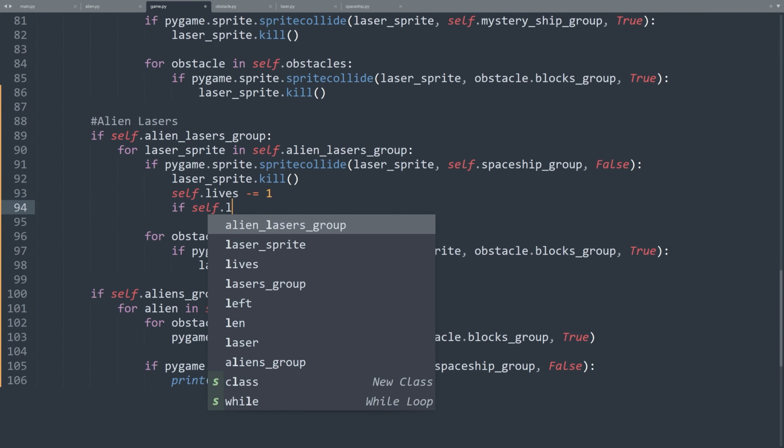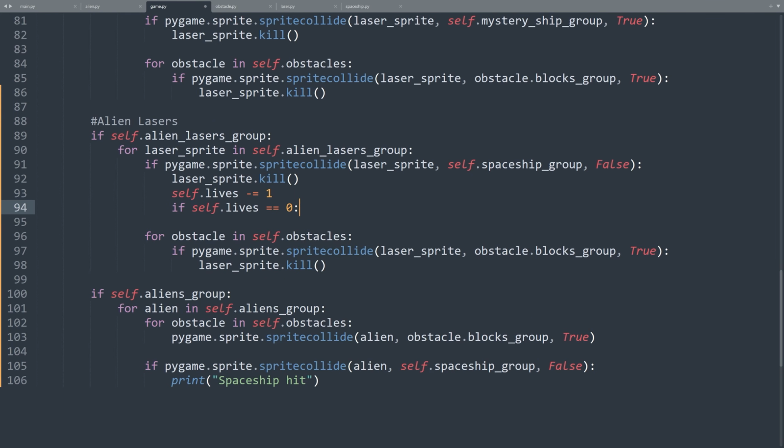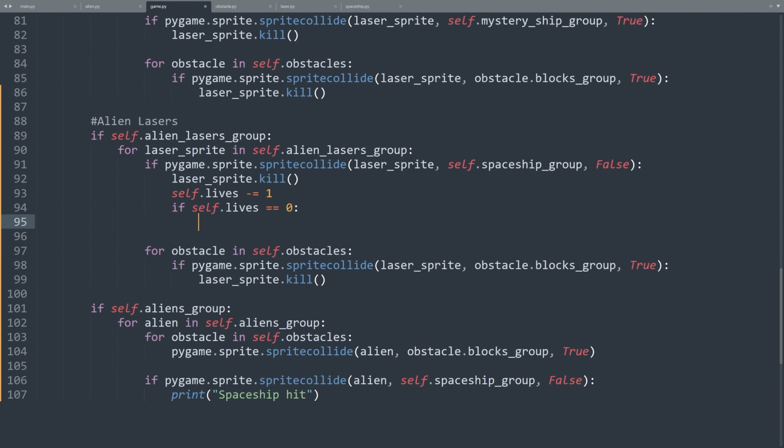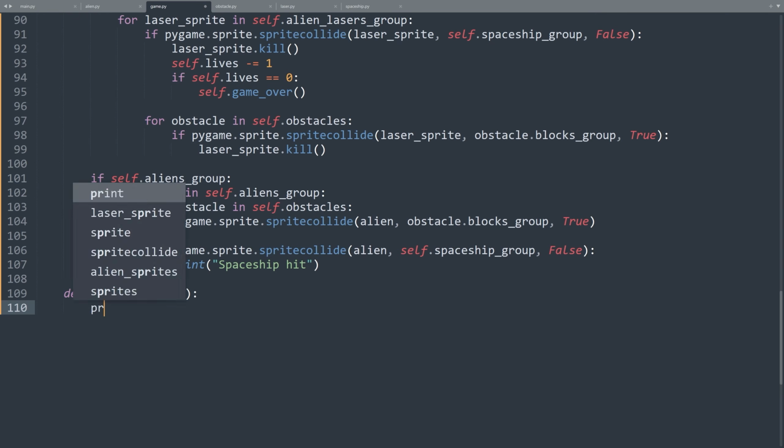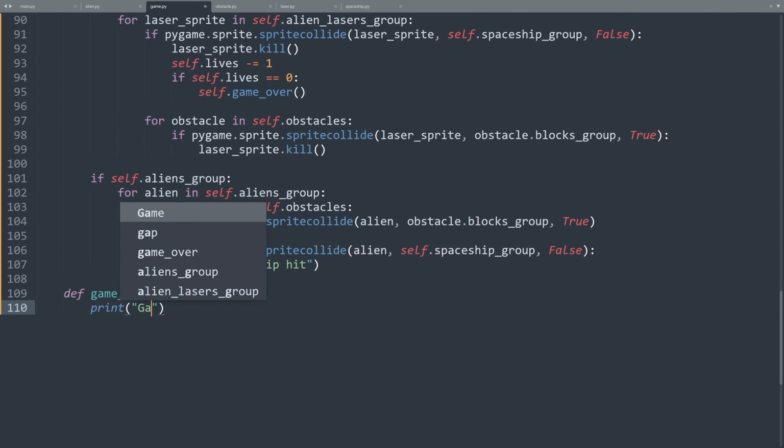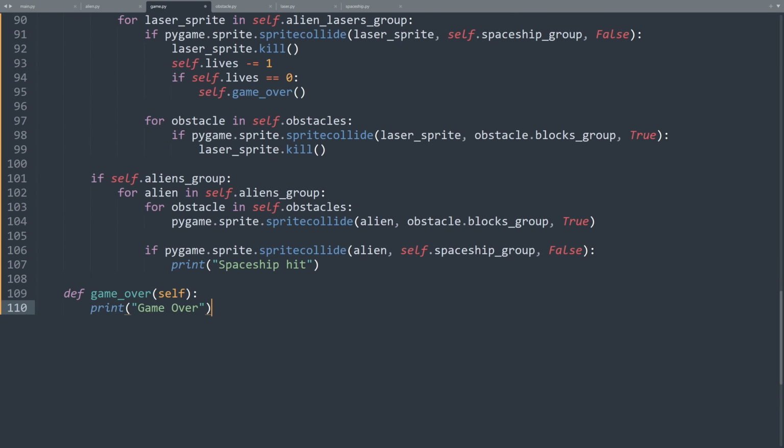If self.lives == 0: In that case, let's call a game over method, self.gameover. Now let's create this method, def gameover(self): For now, let's only print a game over message, print("game over"). We also need to call this method when the spaceship collides with an alien sprite.